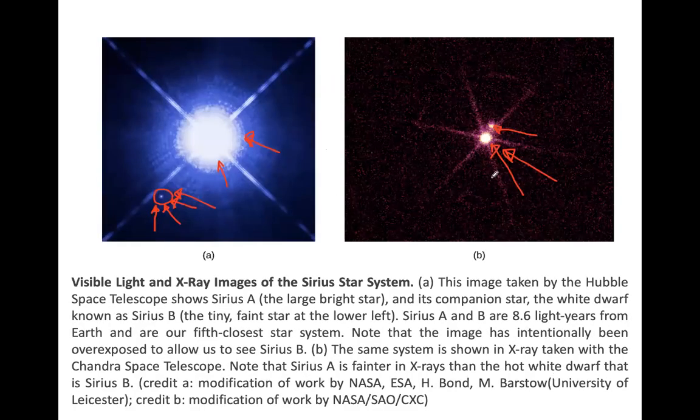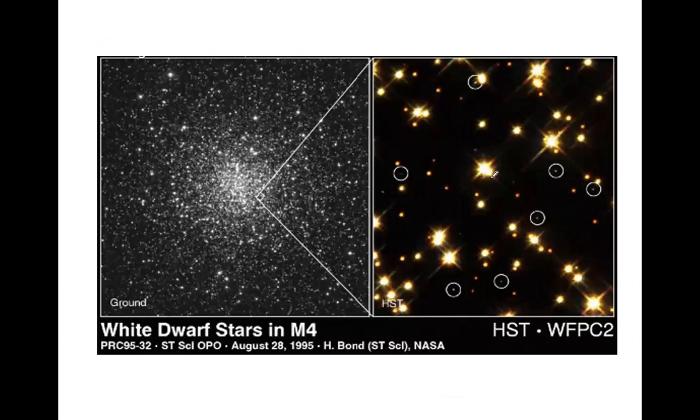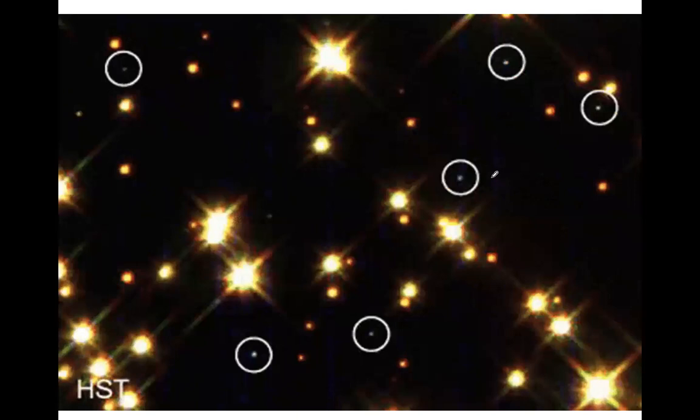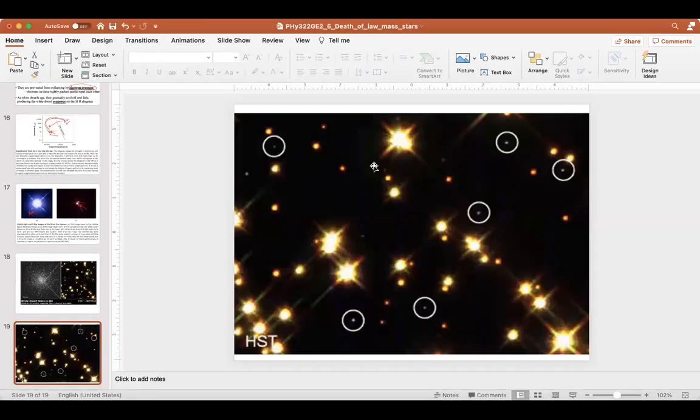At the same time, please understand why astronomers use different types of wavelengths to observe different things. We have actually discussed this in one of the previous lectures about the electromagnetic spectrum and telescopes, right? So here is a field where you have white dwarfs. As you see, even though they are hot in terms of temperature, since they are less luminous, it is not easy to detect these white dwarfs from normal telescopes because they are faint objects, right?